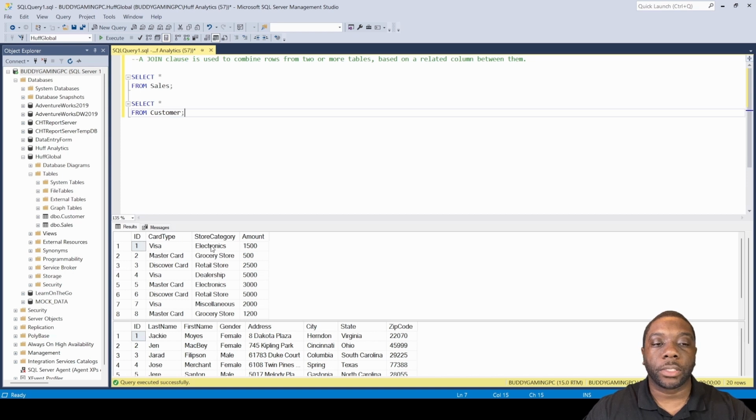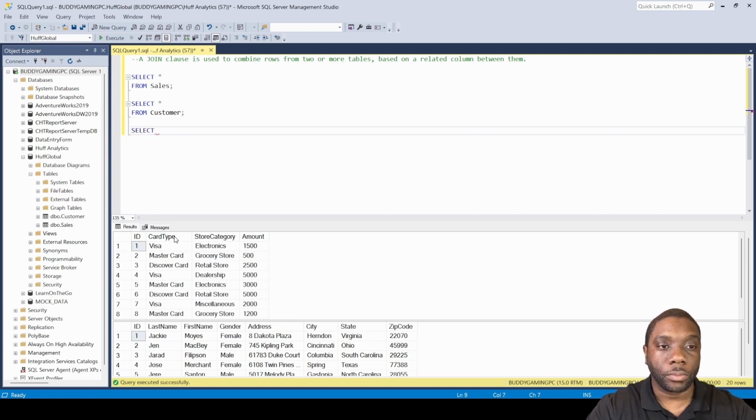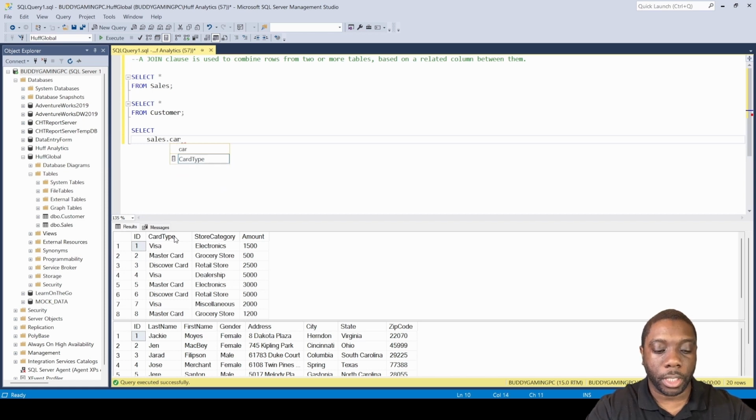So let's go ahead and see what we want to do. I want to do first name, last name, and card type. So let's go ahead and set that up by building our select statement. I'm going to come here, say select, and now instead of all, we're going to hit tab, sales, and we're going to do card type. So sales.card_type,